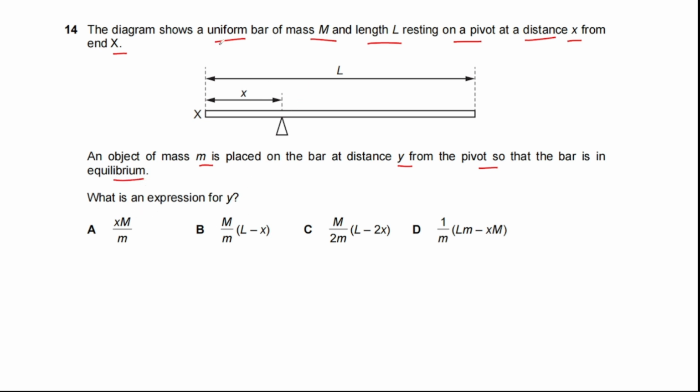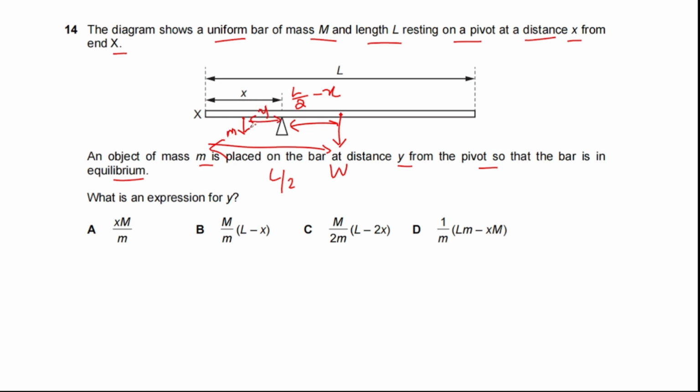So here it is given that it is a uniform bar. If it is a uniform bar, the weight will be acting at the middle. So weight is acting at a distance L by 2 from the pivot. The perpendicular distance will be L by 2 minus x. And it is given there is a mass placed on the bar. So to balance this weight's moment, you should be adding the next mass on the other side,